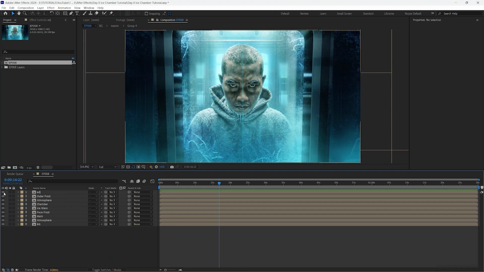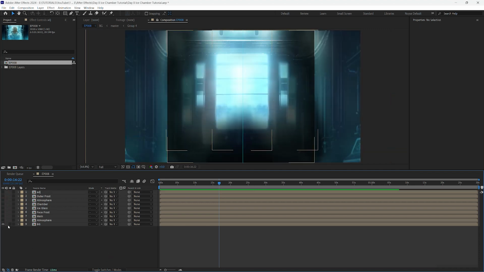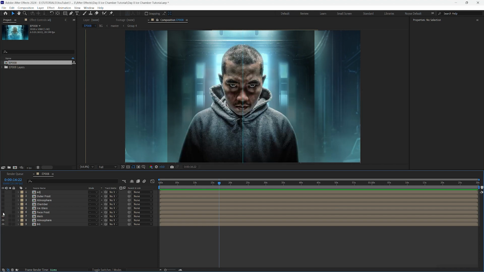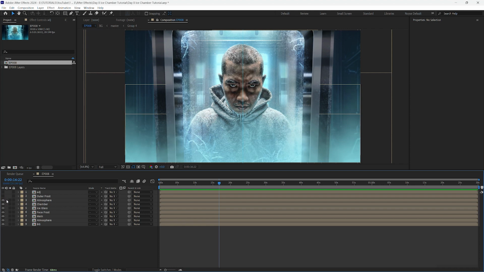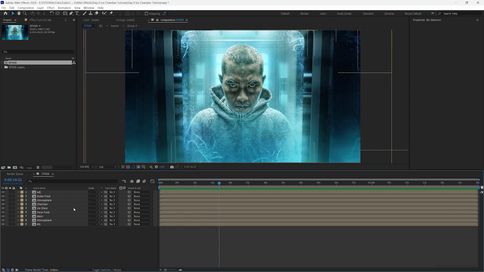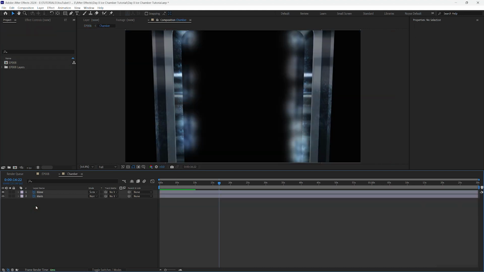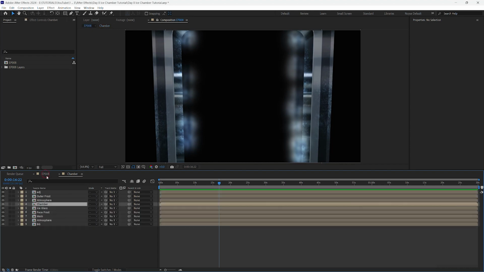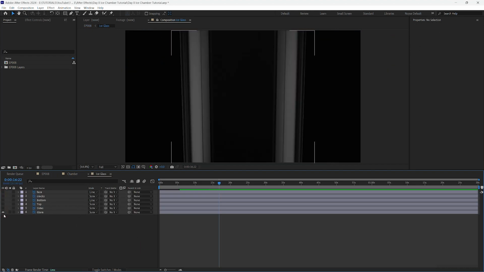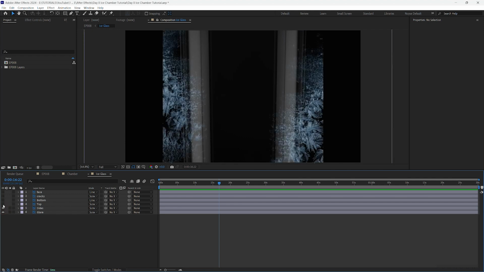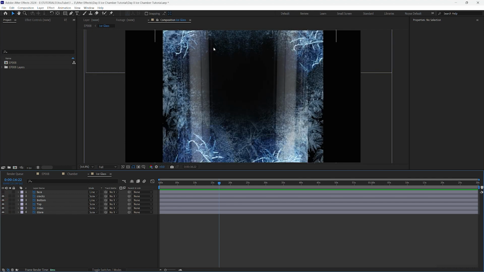So if you take a look at all the layers here, we have the background, the atmosphere, main image, the face frost, ice glass, chamber, more atmosphere, the outer frost, and the adjustment. So first thing we want to do is go to the chamber. I want to remove the ice glass. So inside here we have the glare, the side frost, top, bottom, the cracks on the corner, and